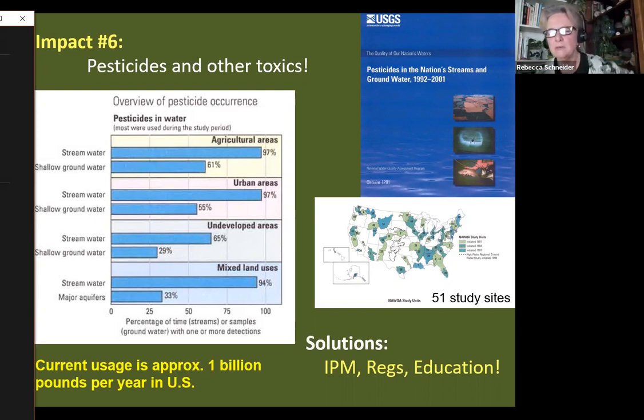A lot can be done with education to just homeowners about how much pesticides they use and how they get rid of the extra. Having hazardous waste collection at the town level is really important. And for farmers, any kind of integrated pest management where they go out and survey the fields regularly. So when a pest starts to take over part of the field, it could be something like a powdery mildew or a Japanese beetle or something, they don't wait until most of the field is affected and then apply tons of pesticides. They deal with it when it's in a really restricted area and therefore don't need to use as much pesticide. So there are whole programs in integrated pest management for controlling pesticide applications.